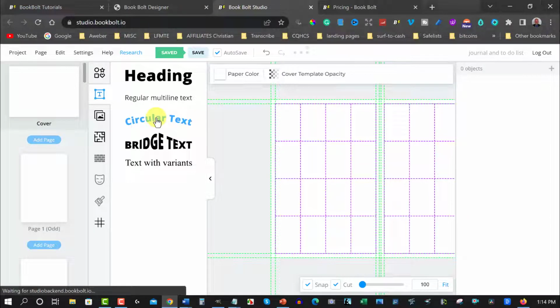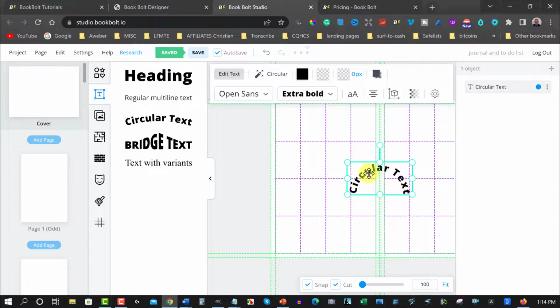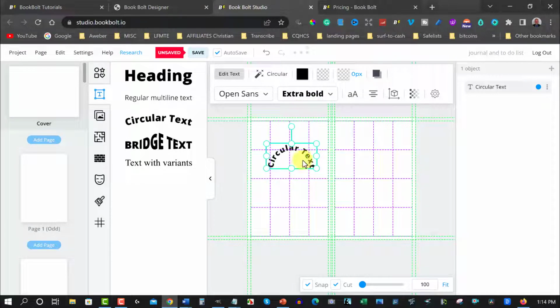Now for the circular one, for example, if you wanted to put a circular image here, just click on that and that will give you the circular one in just a moment. There we are. We'll just move that over here to make it easier. So let's just hit fit so we can make it fit in there. Alright, so with this one, all we need to do is edit text, click on that,